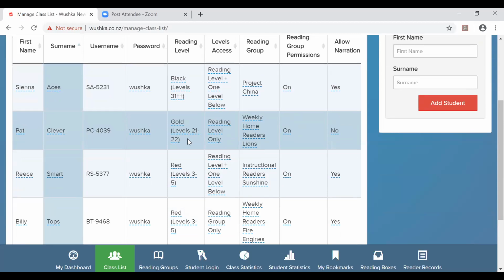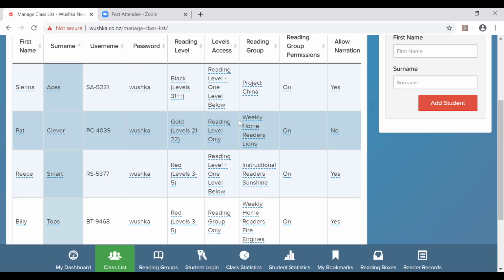And instead of giving Pat the whole of silver as a whole level, you might want to just give 3 or 5 readers. So he slowly works his way through the silver level. That will make sure that he doesn't whip through the whole of silver quickly and you run out of readers, and you can just control the speed at which he goes through the next level of readers.